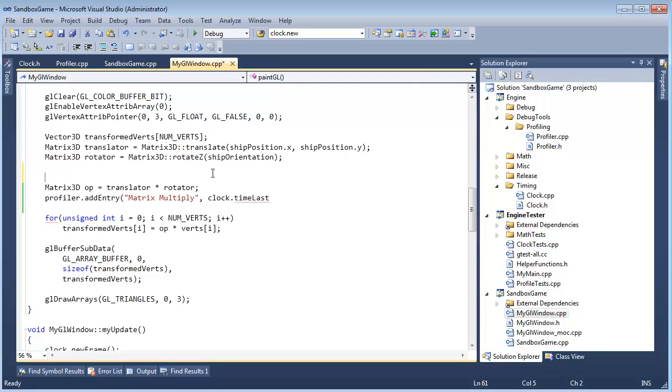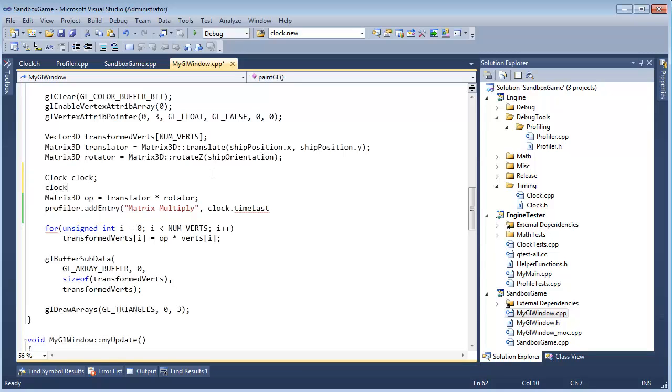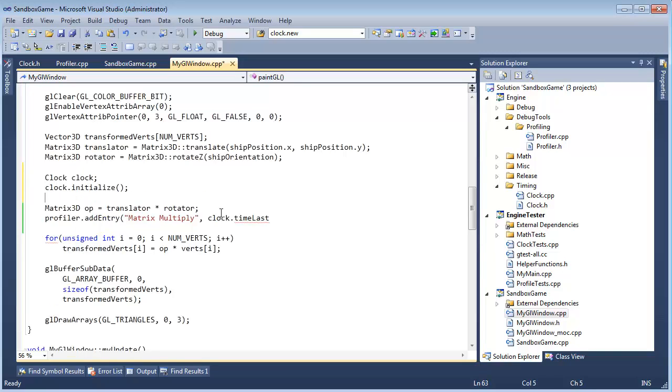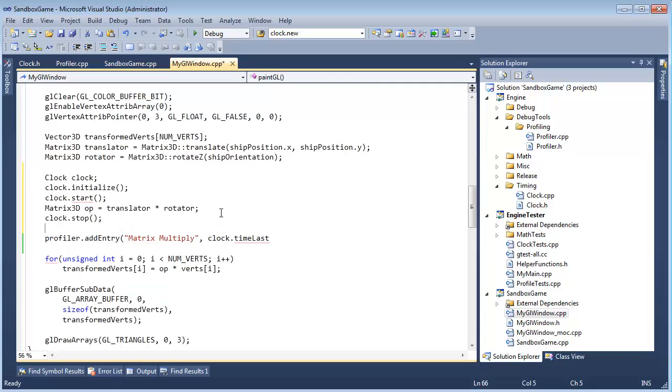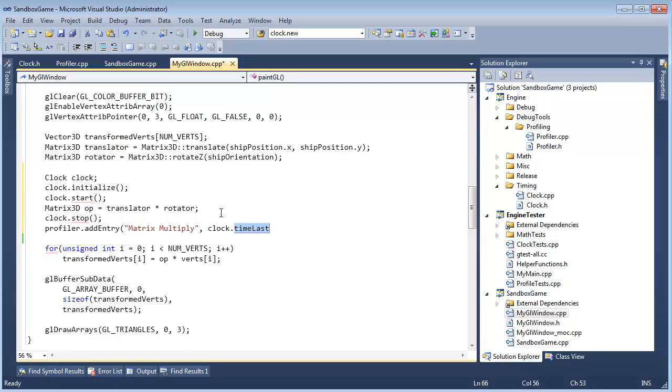I want to be able to say clock dot start. Oh wait, initialize. We need to initialize every clock, and that's important. I don't think we had that initialize actually. Oh, it does return a boolean. I should check that boolean, but if the clock fails to initialize, then whatever. Clock dot initialize, and then clock dot start, and then down over here I want to say clock dot stop, and then profiler dot add entry clock dot